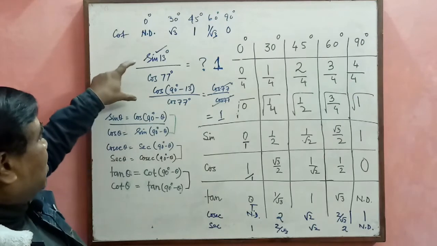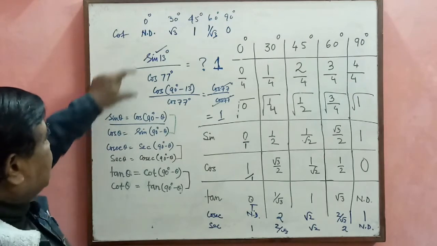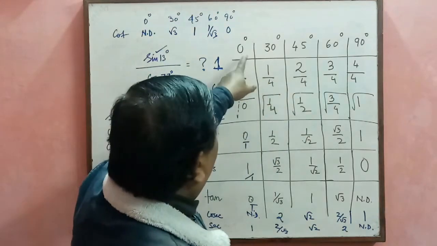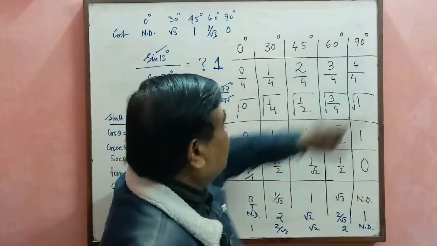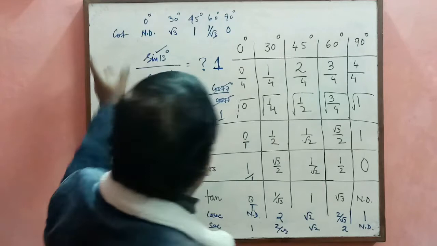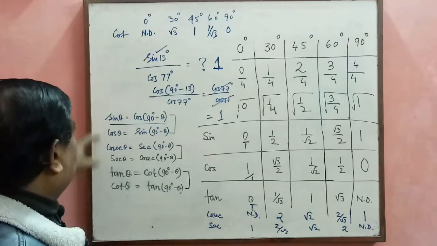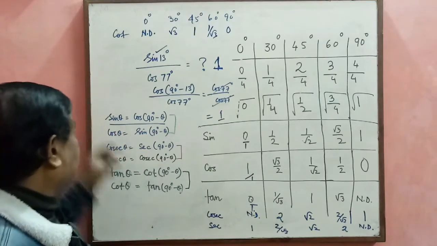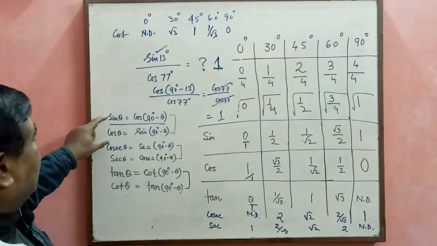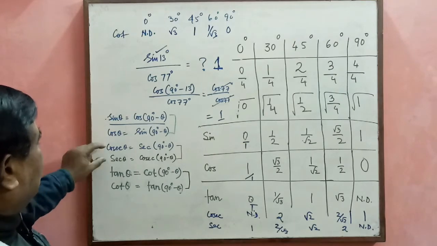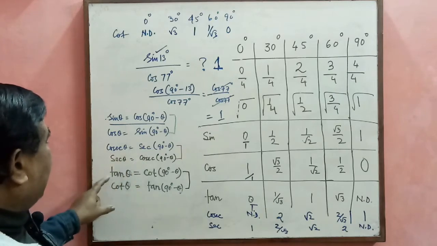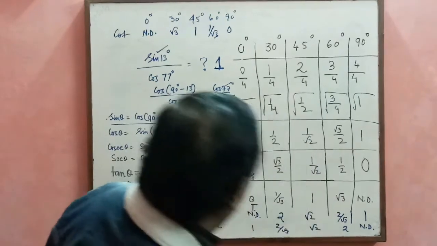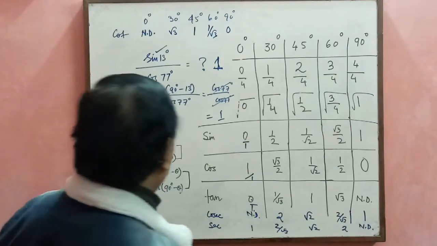We will solve this type of problem, the questions which are not comprising 0 degree, 30 degree, 45 degree, 60 degree, 90 degree. Besides this, if any other angles are given, we will go with these identities. 3 pairs of identities. Sine is directly involved with cos. Then inverse of sine and cos are also related, cosec, sec, and then tan, cot. This way we have angular relations. Now I will just show you how to solve questions.